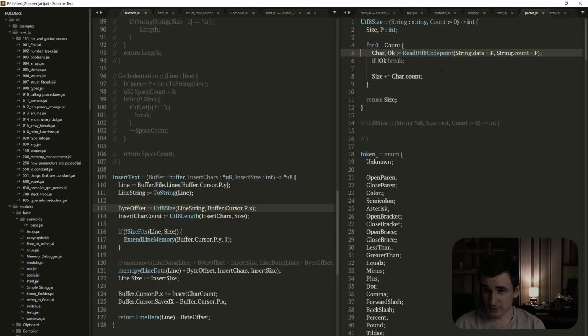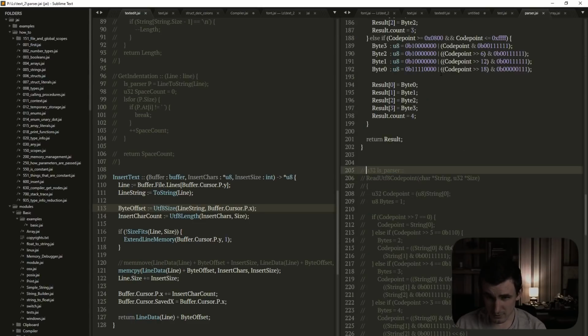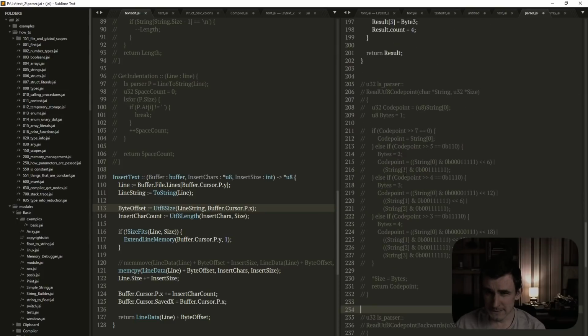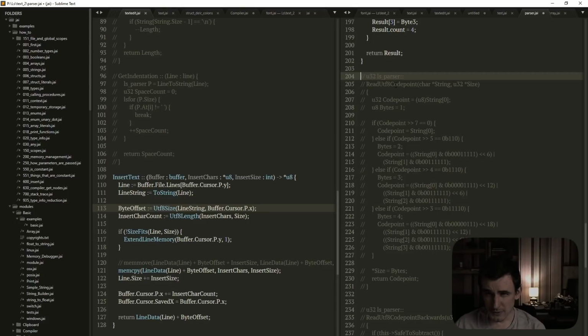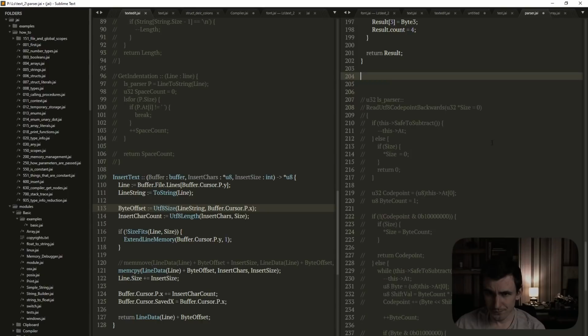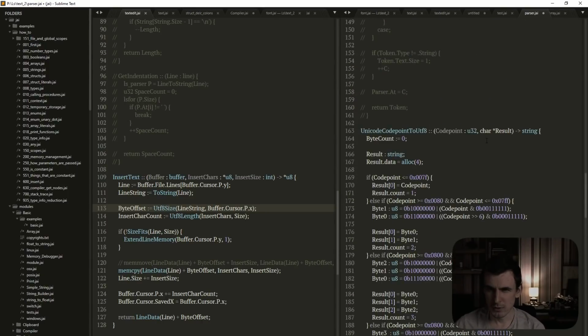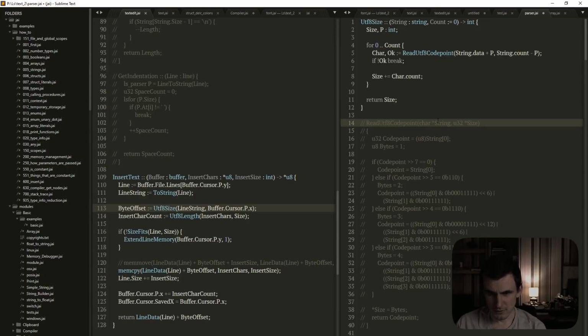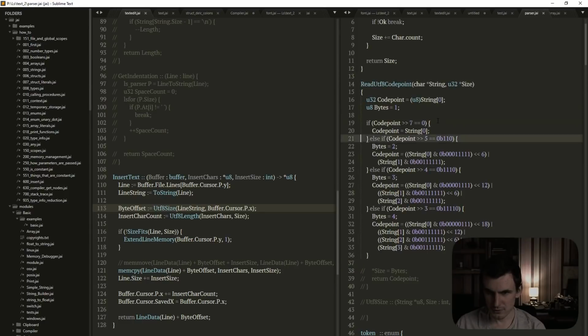Read UTF-8 code point. We need to modify it to return a result. Let's see. This we won't need for a while. UTF-8 code point, yeah, that's that. UTF-8 code point is we take a string which is pointed to U8, and we take